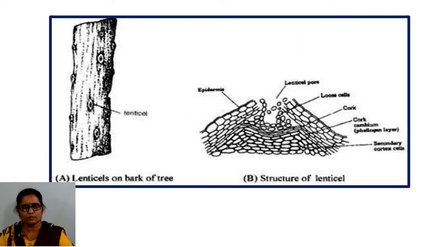There are also some structures which you can see in mature plants. If you observe a tree trunk carefully with its brown bark, there are some oval structures with a small opening on it. These structures are known as lenticels. It is through these structures also that oxygen and carbon dioxide gases can be exchanged.